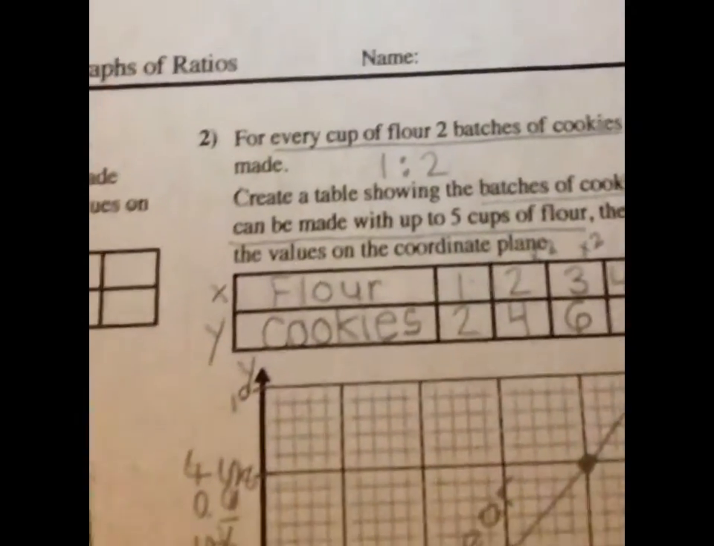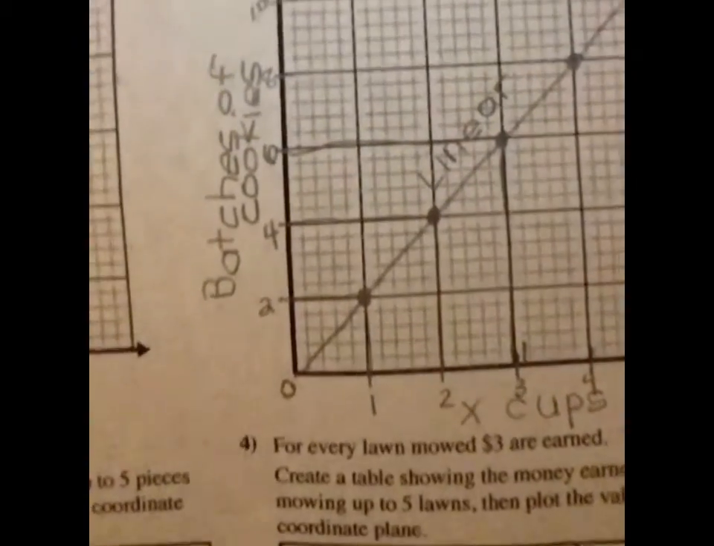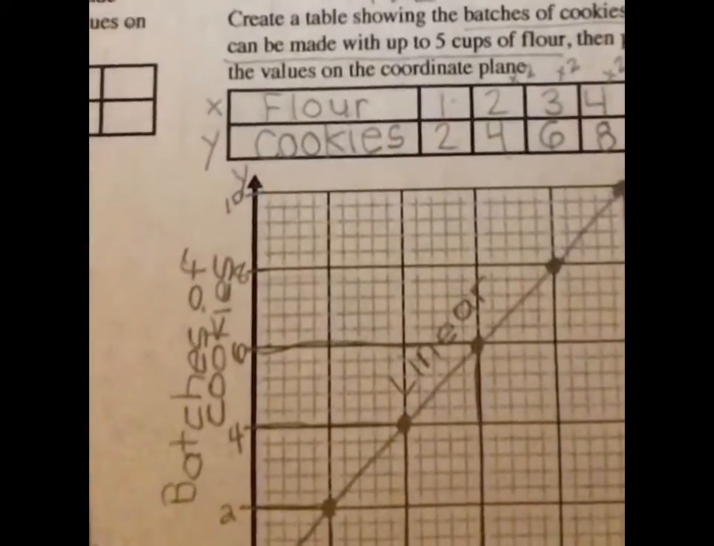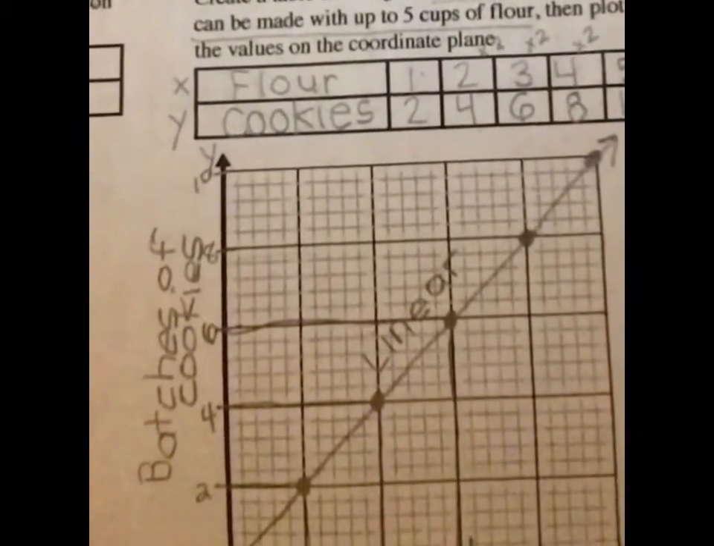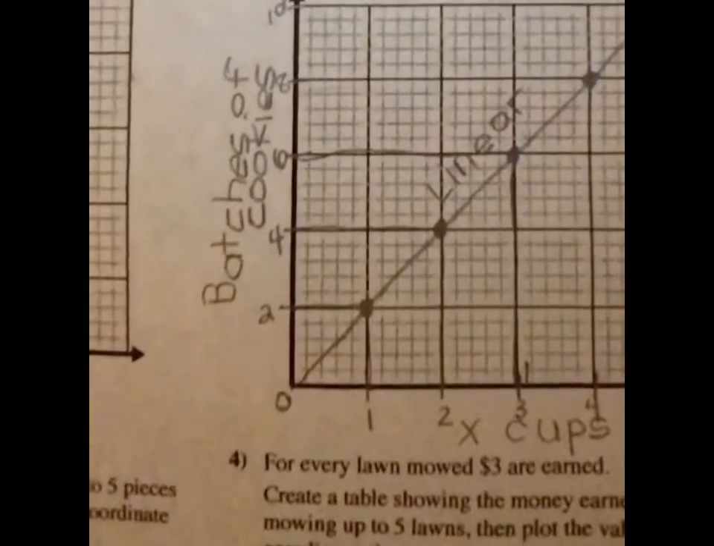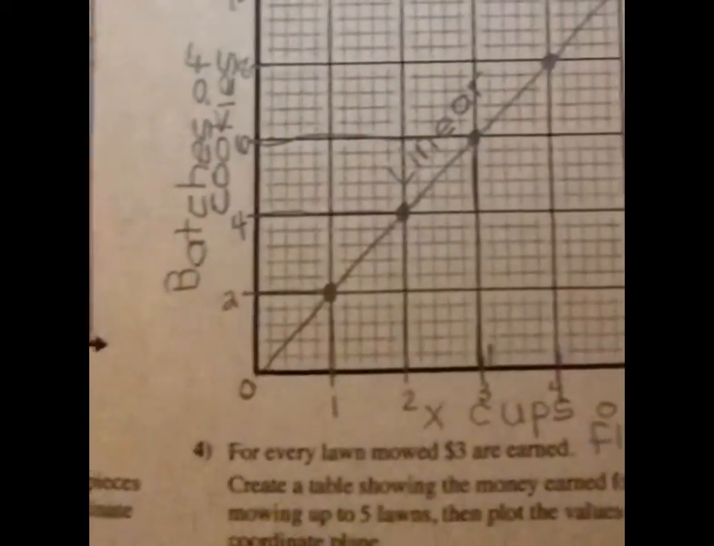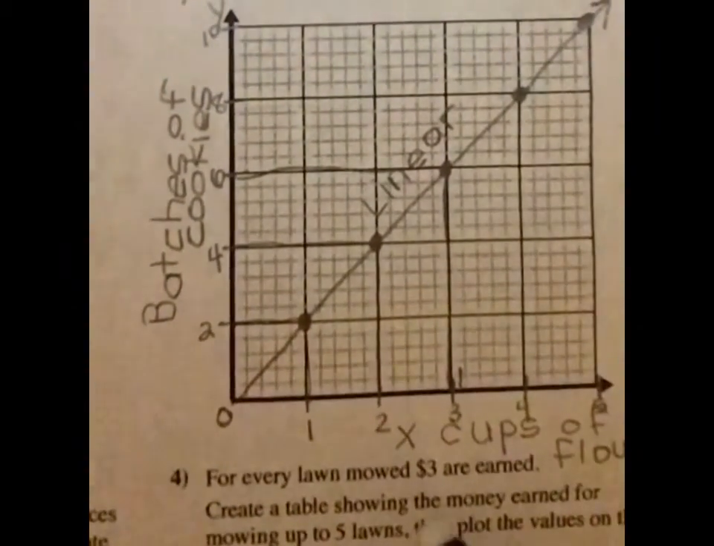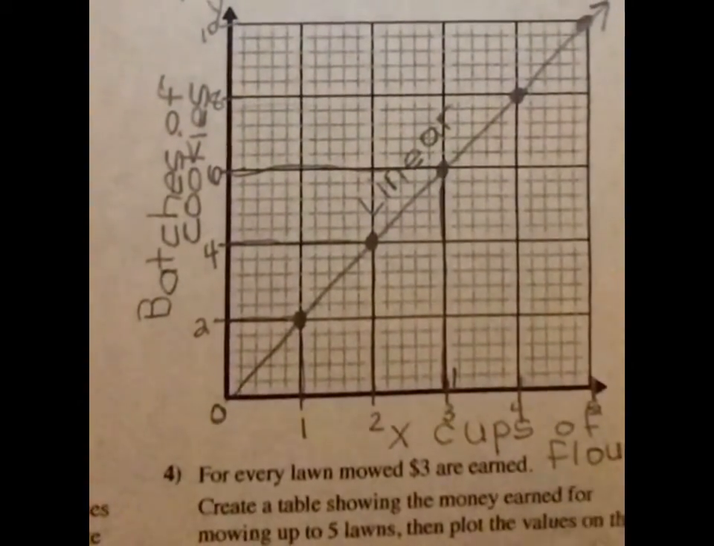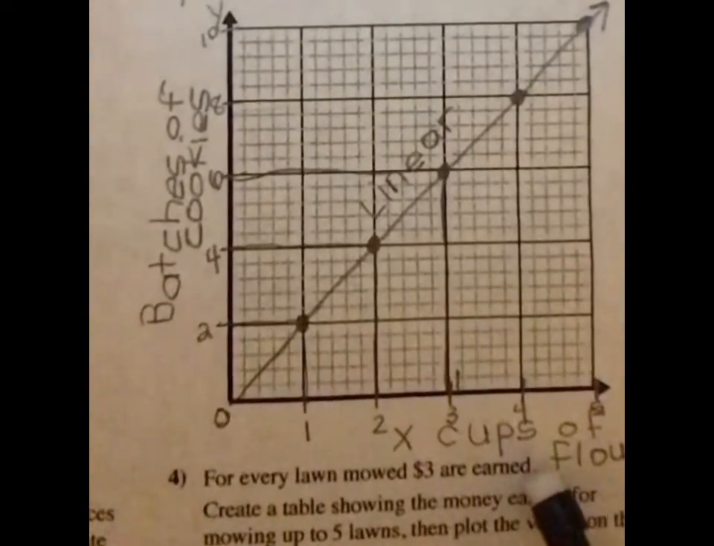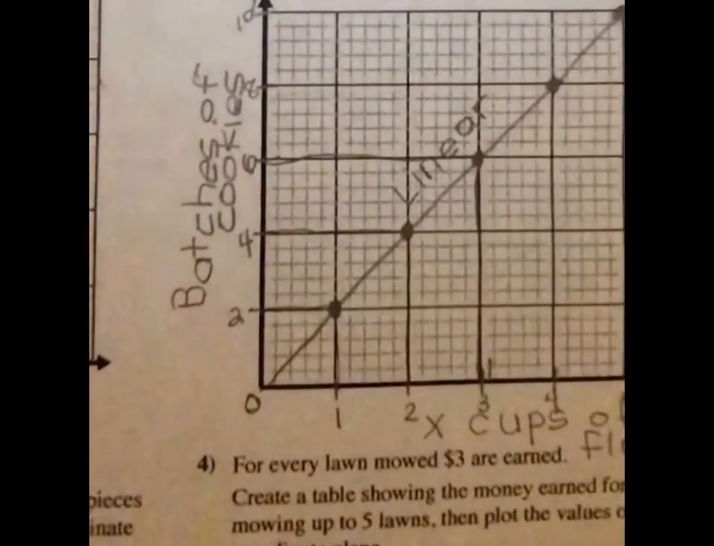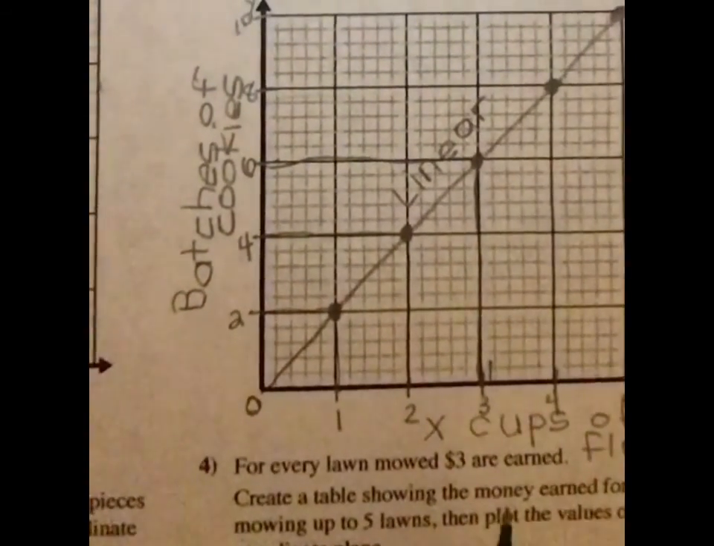Okay, so there's our table. And I'm having a hard time getting that whole graph in there. Here's the graph, and this is what it'll look like. So what you need to do is make sure that when you're doing your graph, you're labeling both sides of the axes. The x-axis needs to be labeled for what it stands for, so for us, it's cups of flour. And the y-axis needs to be labeled too, for batches of cookies. And when you put your numbers on there, you need to make